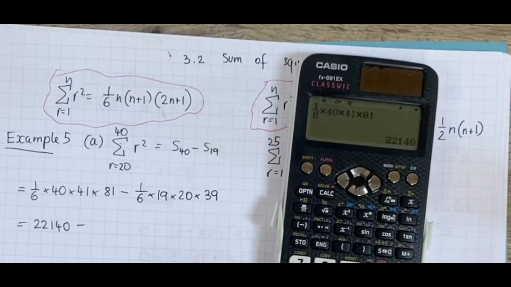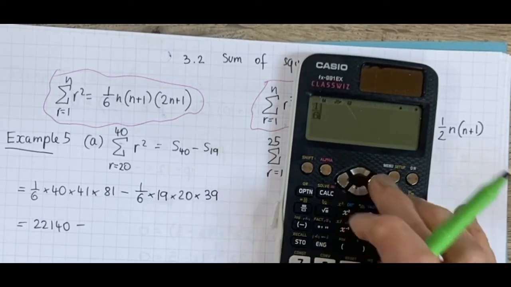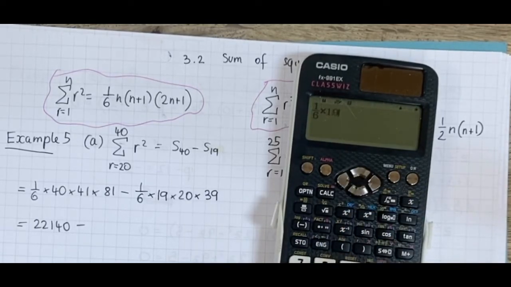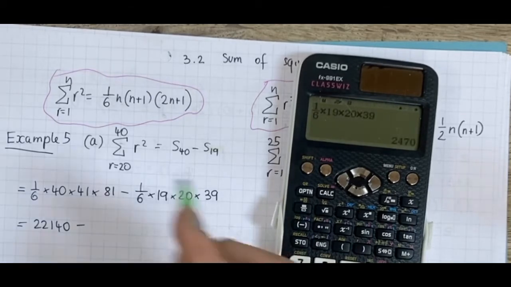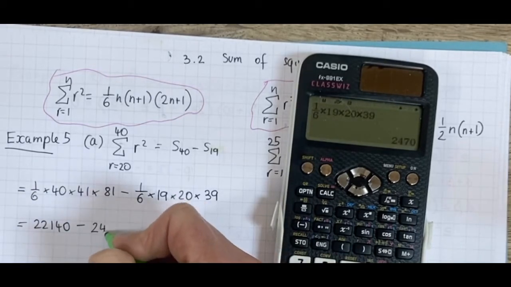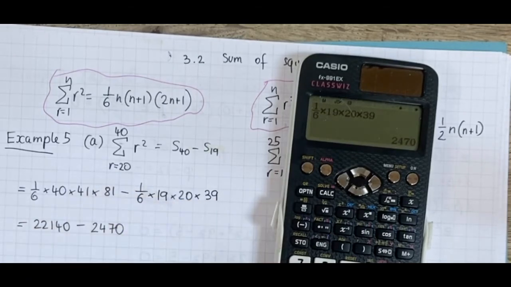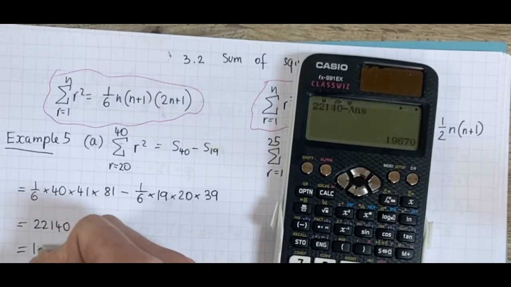So let's do that. It's 1/6 times 19 times 20 times 39. So it's 22,140 minus the previous answer, which gives me